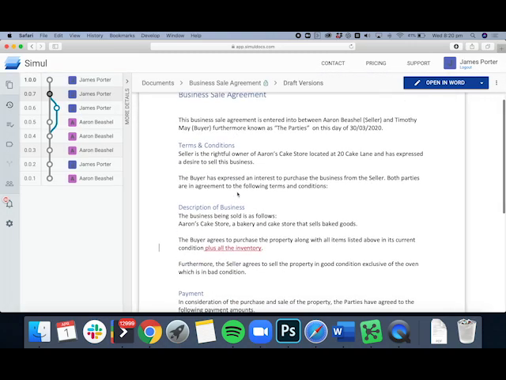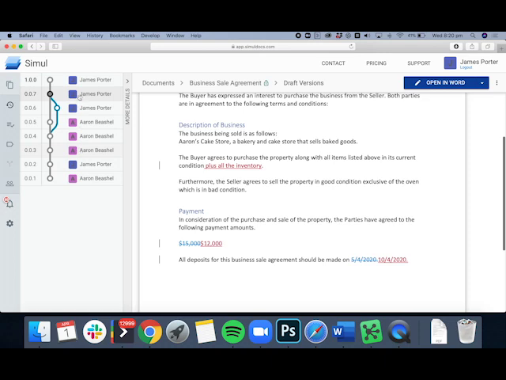And what it will do is show you everything that changed between version 3 and version 7. This can be really useful if you've got many people working on a document, and say, Aaron was the one that made the edits at version 3, and then 4 or 5 other people had gone on to create 4 or 5 other versions of the document, and then Aaron needed to jump back in again. Aaron could just do this really easily, say, compare the latest version of the document to the last one that he edited, and it would show him everything that changed in between, in all of those different versions in one spot. So he's fully up to speed with where the document is at now, and then he can go in and